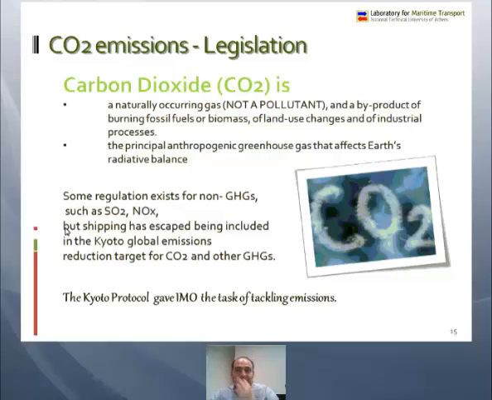I mean, right now I'm producing CO2. It is a byproduct of burning fossil fuels and of land use changes and other industrial processes. But as I told you, it is the principal anthropogenic greenhouse gas that affects the Earth's radiative balance,